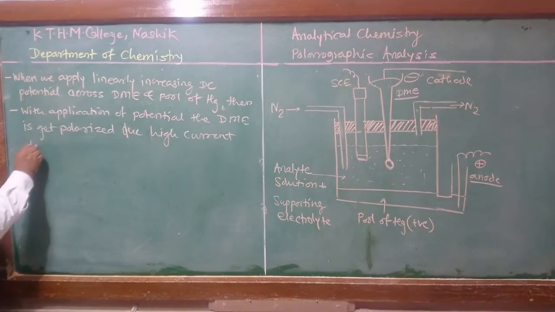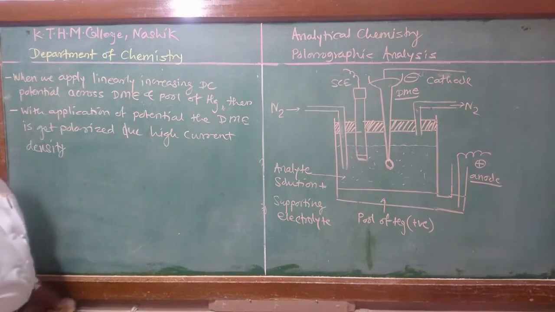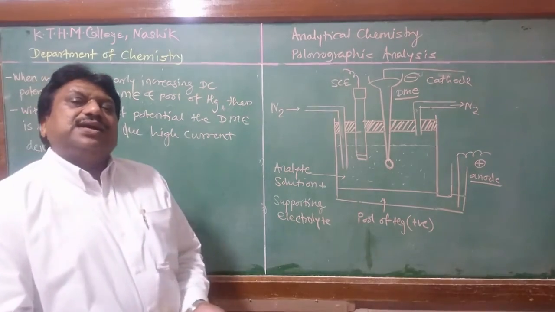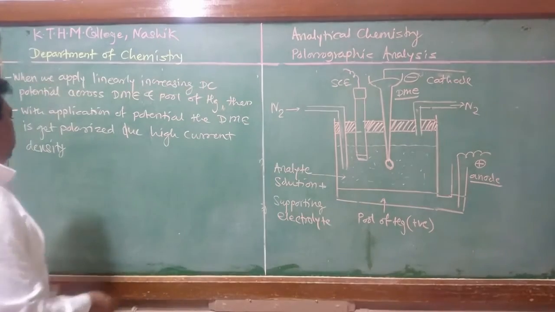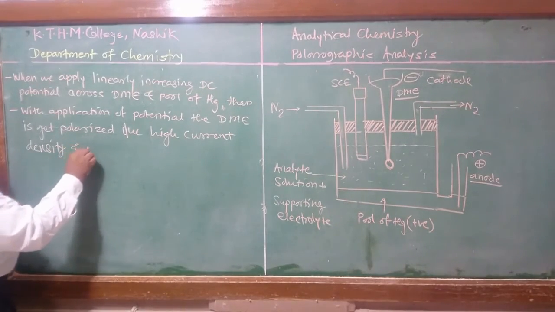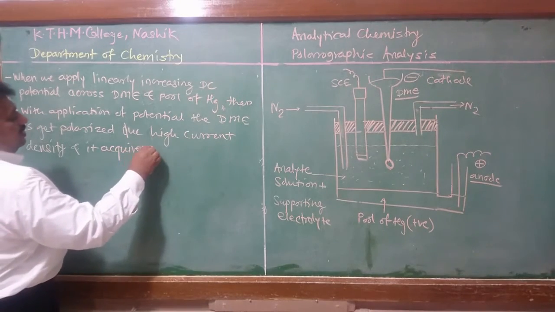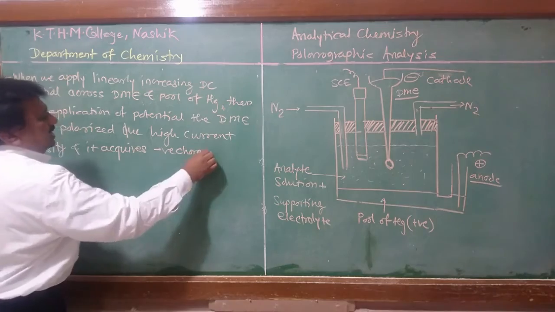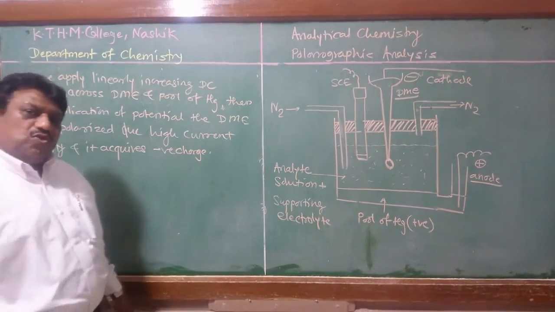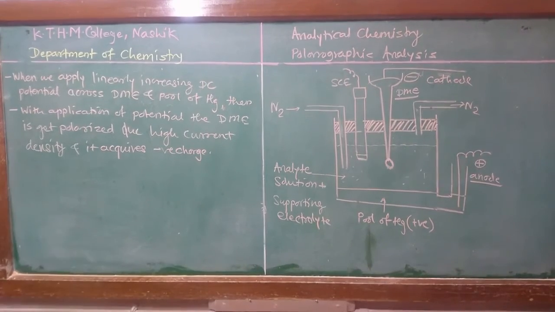Current density is the magnitude of current divided by surface area of the electrode. Because of very high current density, the dropping mercury electrode gets polarized and it acquires negative charge. As the electrode becomes polarized, it acquires negative charge and then